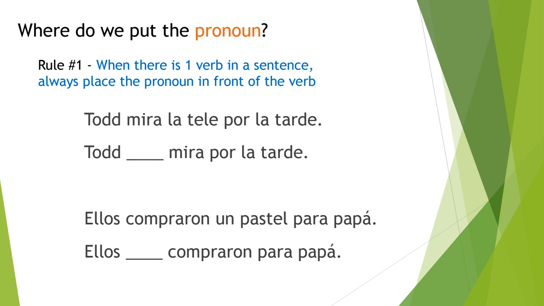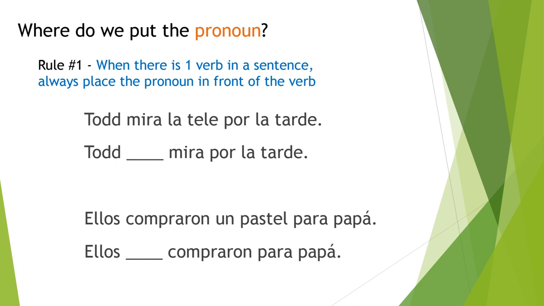All right, so now we're ready for our last step. So far, we've learned how to identify the direct object in the sentence, and we've also learned how to replace the direct object with the direct object pronoun so that we don't have to keep repeating the direct object. But now we need to figure out where to put the pronoun. So I've got two rules for you. Rule number 1 says, when there is one verb in a sentence, always place the pronoun in front of the